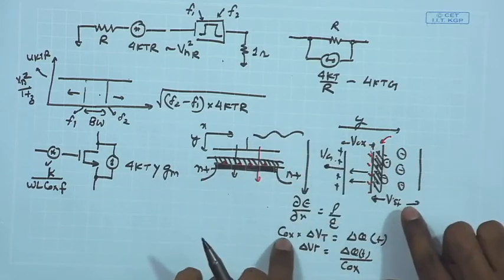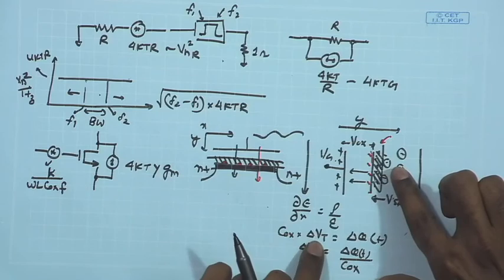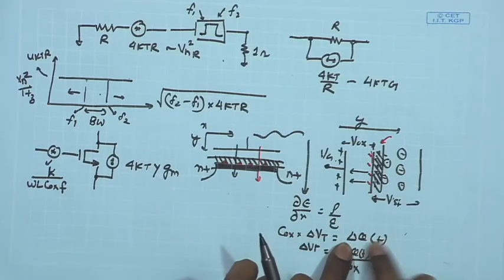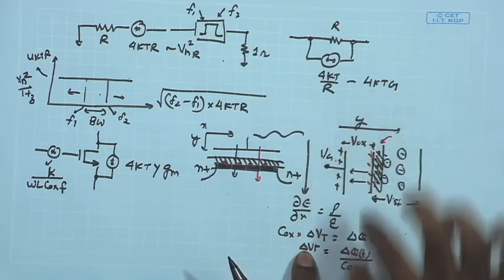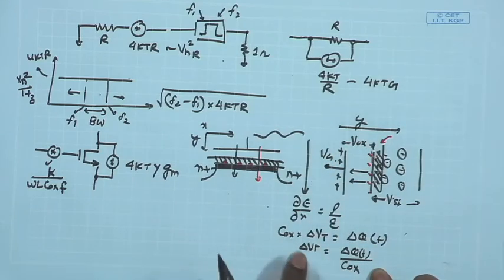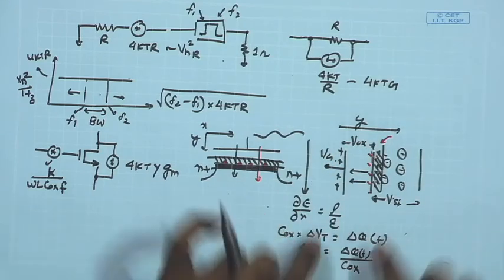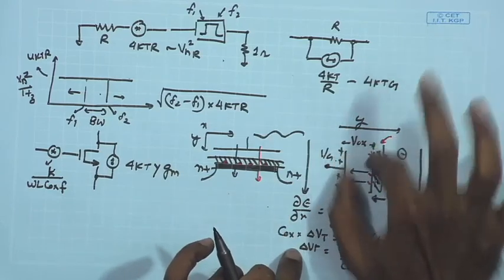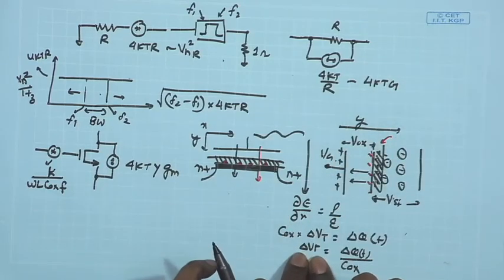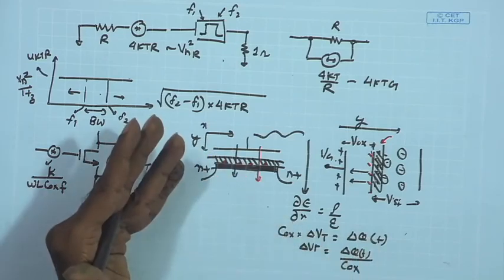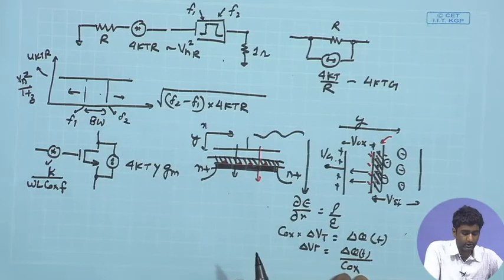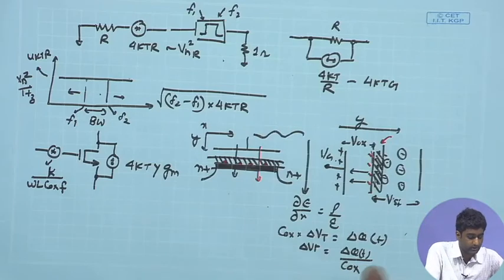So that is proportional to COX. The COX times the delta V is proportional to the randomly varying charge, and therefore this delta V happening across the oxide is inversely proportional to COX, and we can model this random change in VOX as an effective noise term. This is the effective noise voltage which is appearing as a noise component in your threshold voltage. So as a result, you are having this 1 upon COX dependency. This is the origin of the 1 upon f noise,